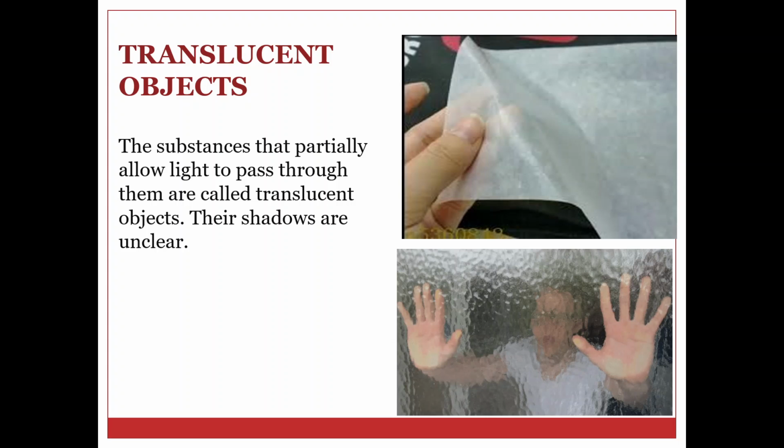You can make an oily paper at home. Take a paper, add a few drops of oil in that and then see through it. We can see light shadows or unclear shadows through it so that it acts as a translucent object.